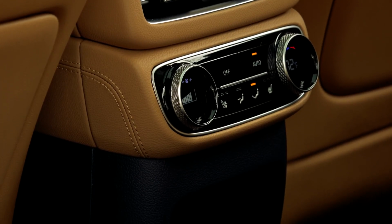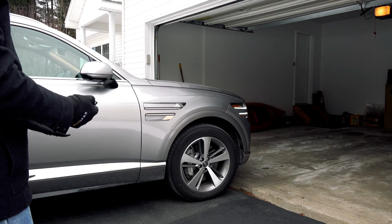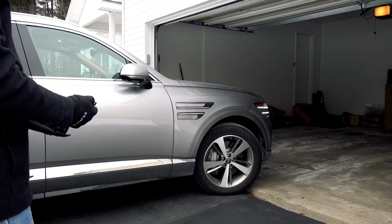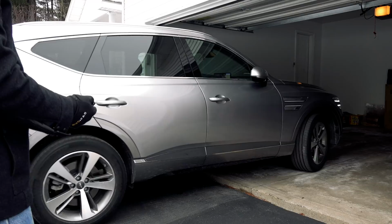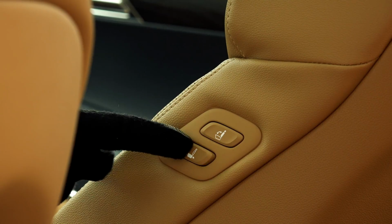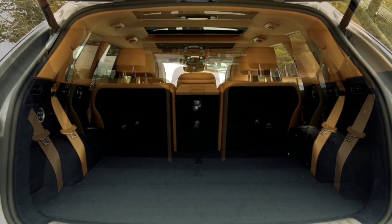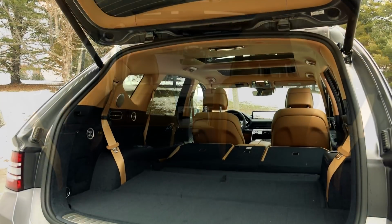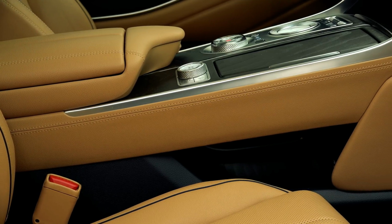Another feature that's very cool, but I doubt I'd use very much, is the remote parking assistant, or what Hyundai refers to as Smart Park. It also works with parallel parking. How about that? Needless to say, there's a lot going on with the Advanced Plus trim. It's loaded, but there's even more waiting in the Prestige package if you leave the third row behind, with one